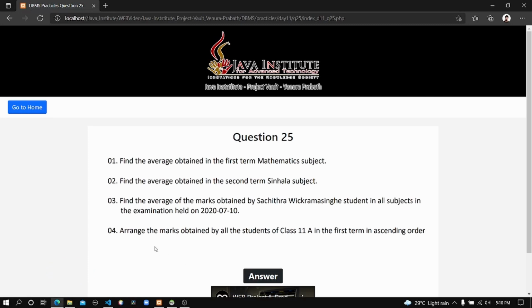Here's the fourth one: arrange the marks obtained by all the students of class 11A in the first term in ascending order. Now we don't have to find the average marks. We have to order or arrange the list of marks according to the ascending order. And here are the conditions. For all the students, we have to find the marks of all the students in class A in the first term test, and the recorded marks should be arranged in